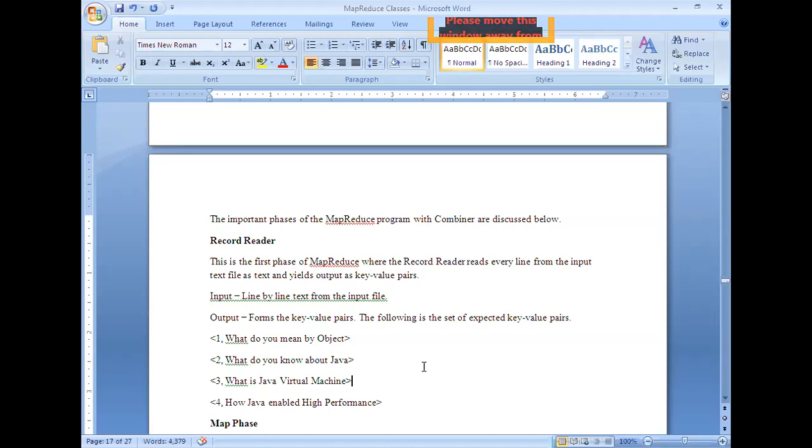So once you submit the application to the name node, it will be split into blocks, and those blocks will be assigned to the data nodes. Data nodes are responsible for physically storing the assigned blocks and running those jobs.